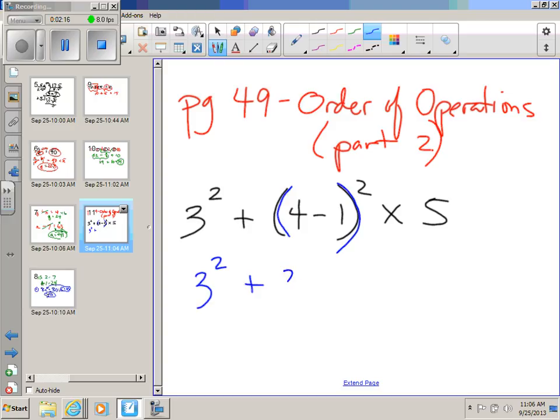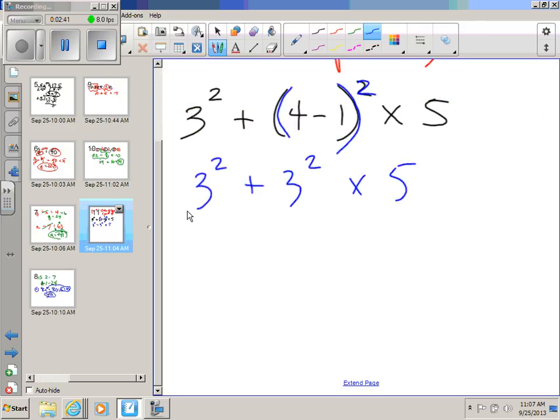4 minus 1 is 3. That's squared times the 5. Anytime they put the exponent on the outside of the parenthesis, they're saying whatever is in the parenthesis, whatever that ends up being after you simplify, we're going to square that. We're going to take that to the second power. Okay? Now, as I go further, I've got exponents,